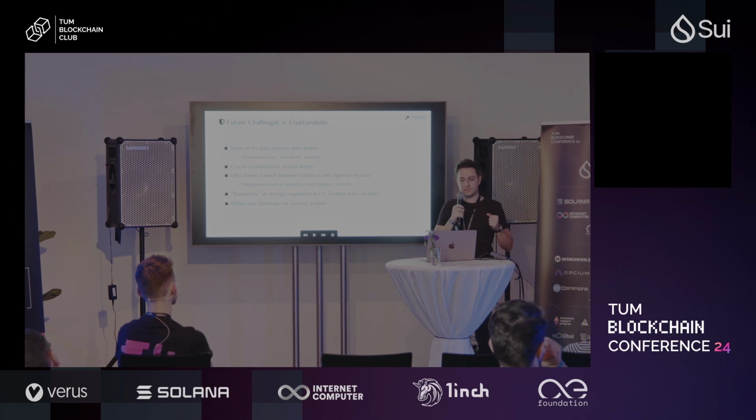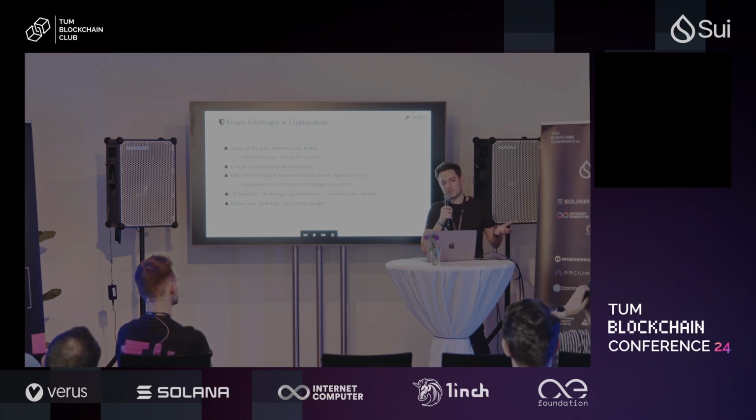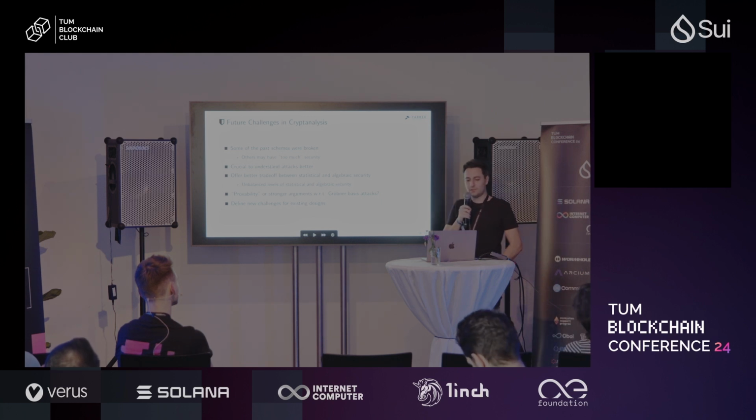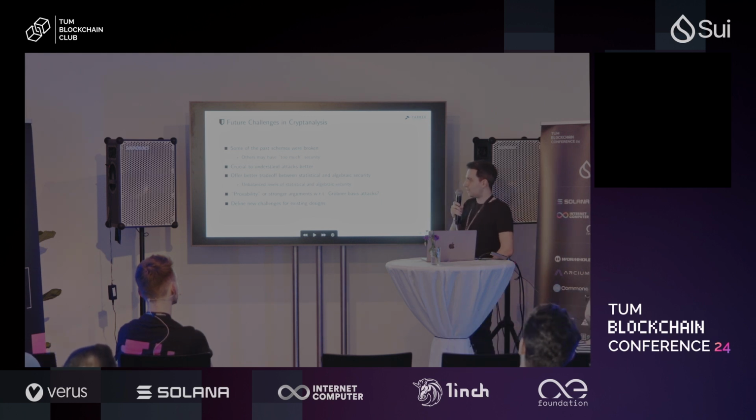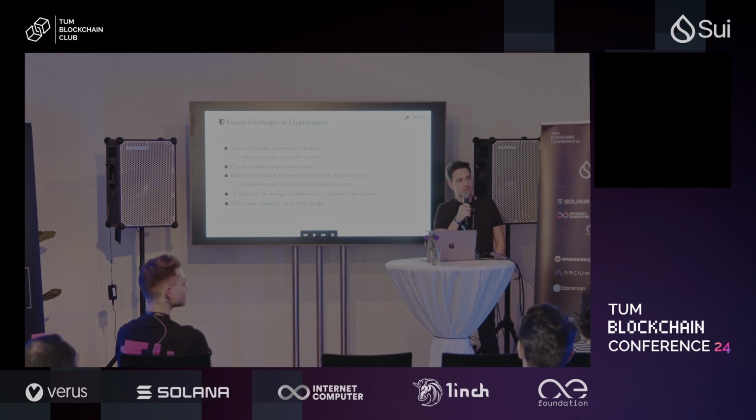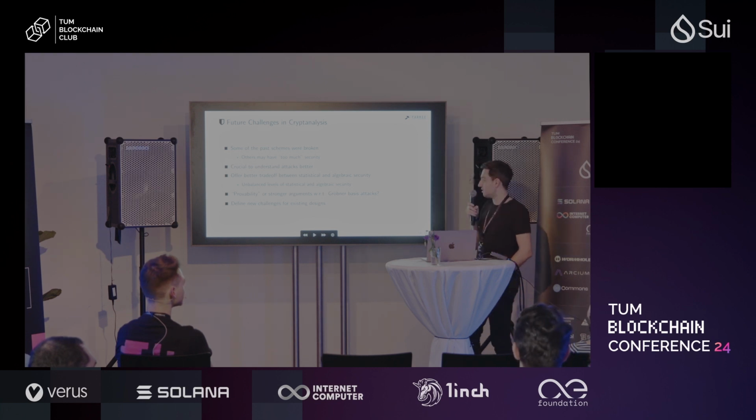And I'm not talking about particular schemes now, but some of them have, for example, too much security against algebraic attacks, or the other way around, too much security against statistical attacks, and barely enough security against algebraic attacks, or also the other way around. And I think it's very important to try to find optimal round functions which balance the two types of attacks here. Of course, it would also be nice to have some stronger arguments, especially with respect to Gröbner basis